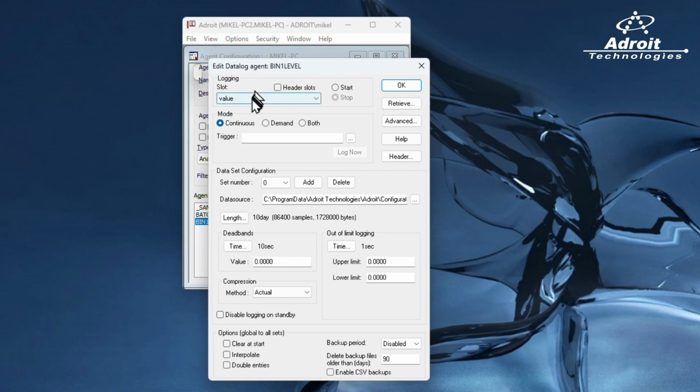Select the slot or property you want to log, and in this case, we want to log the value slot of the bin1 level agent. There are various modes of logging, including continuous, demand, and both. Continuous means logging the value to disk whenever it changes, and demand means logging the value whenever the trigger tag